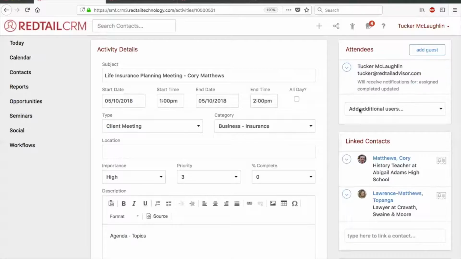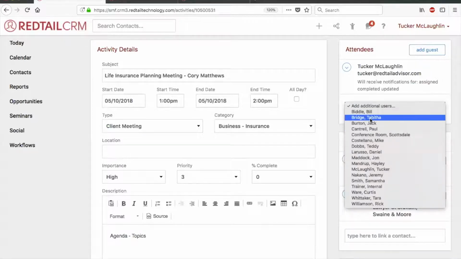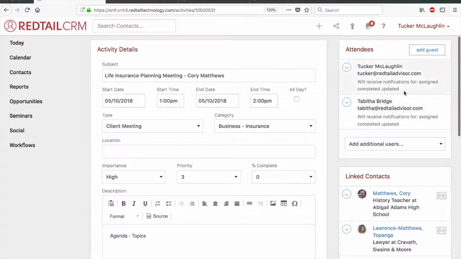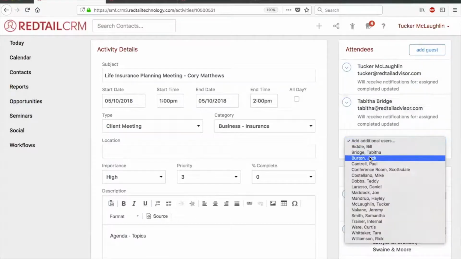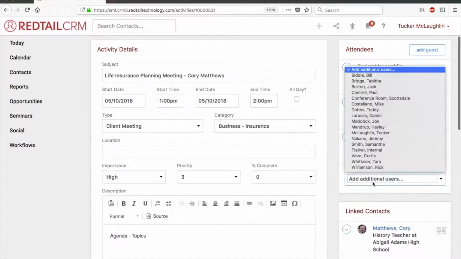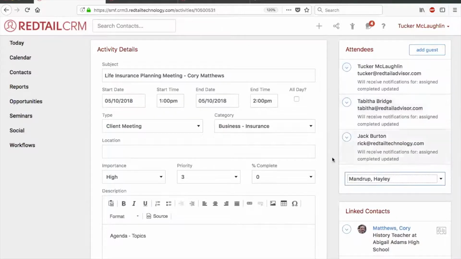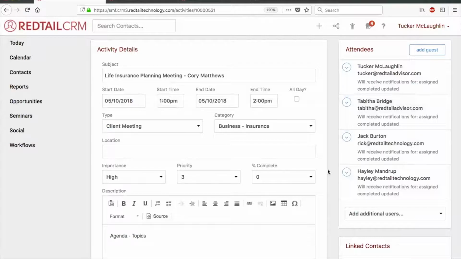Now, if that is not the case, and maybe Tucker is the assistant and Tabitha is the advisor, what I can go ahead and do is go down to Tabitha. I can add Tabitha to the activity, or I can add as many users as I want. I can add Jack, and we'll add Haley here. So now I have 4 people for this meeting. What I also have the ability to do is remove people by hitting the action icon and saying remove